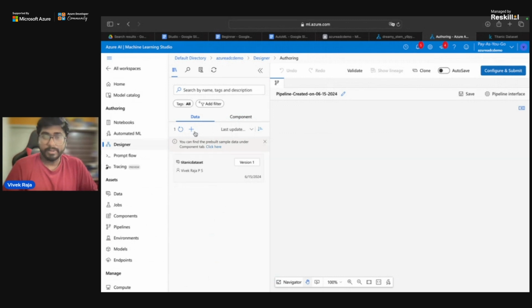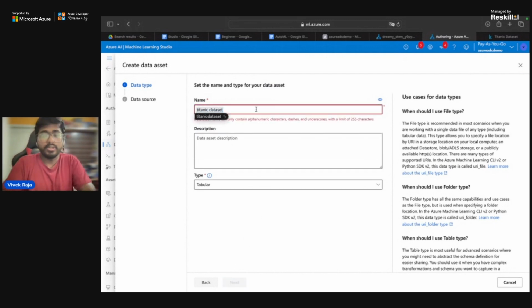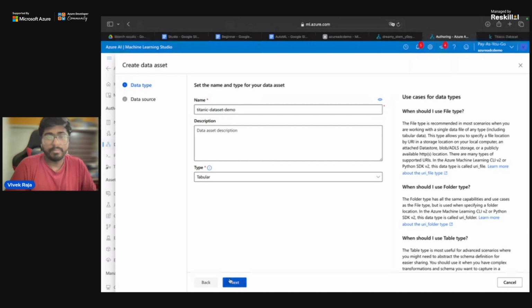It's already there, but let me show you how to do that again. I'm going to name it Titanic dataset. It shouldn't have any spaces, I suppose. I think now it should work. Yep, now it's good.